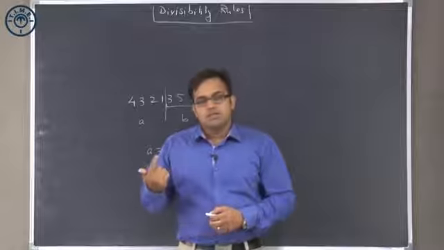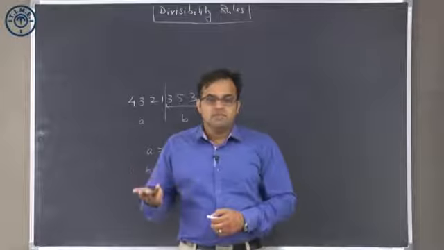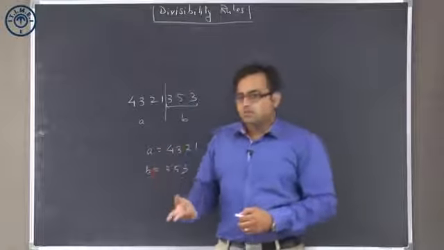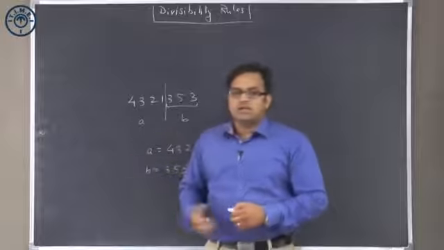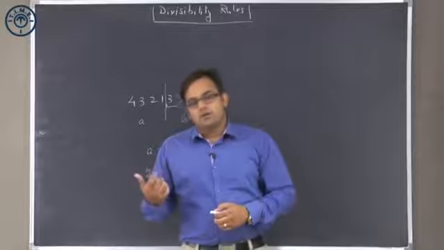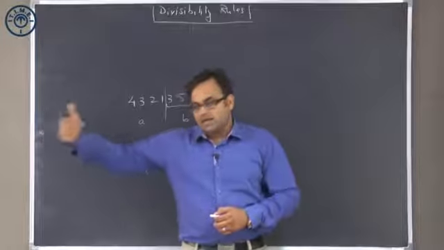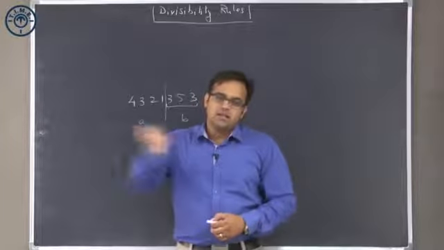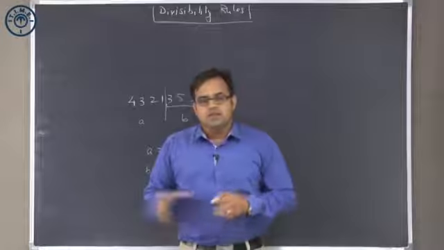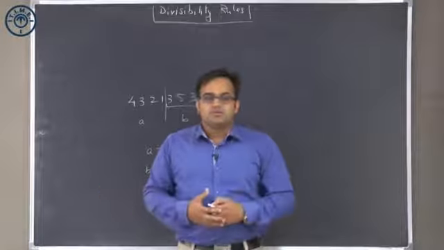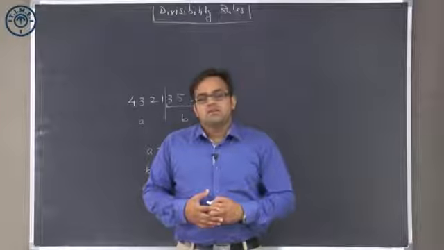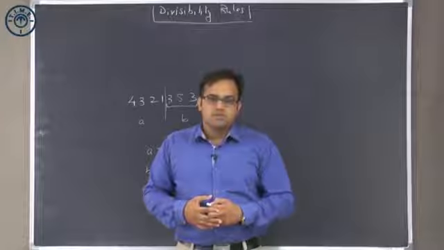Divisibility rule for 8 we have already seen, 9 we have seen, 10 we have seen, 11. For 11 there are two divisibility rules. Either I can use this even odd method, or I could add the alternate digits on one side, other alternate digits on the other side. We take their positive difference. If this positive difference is divisible by 11, then the entire number is also divisible by 11.